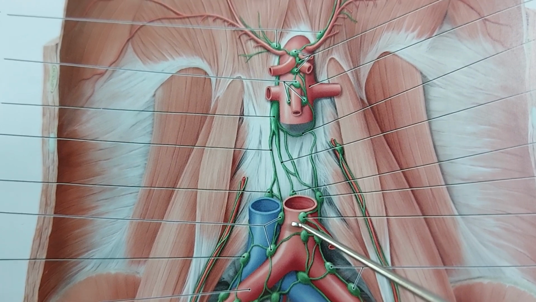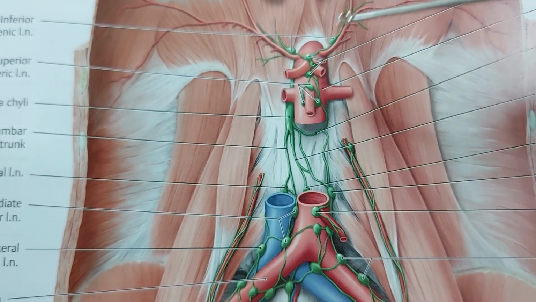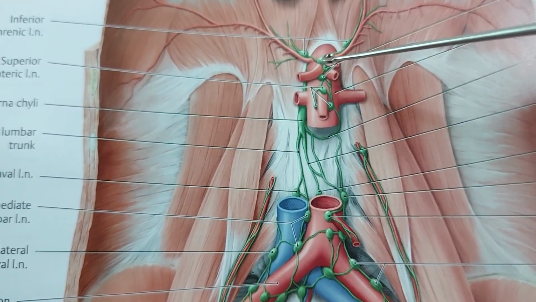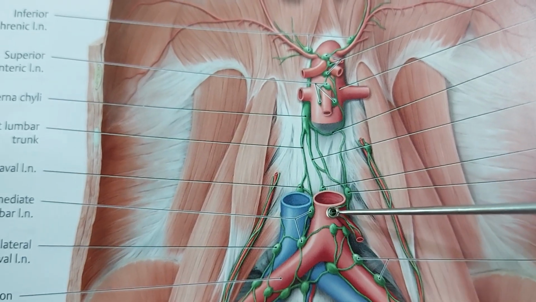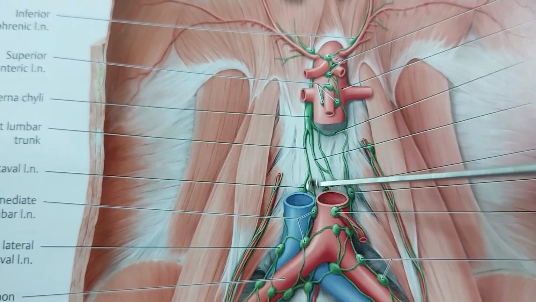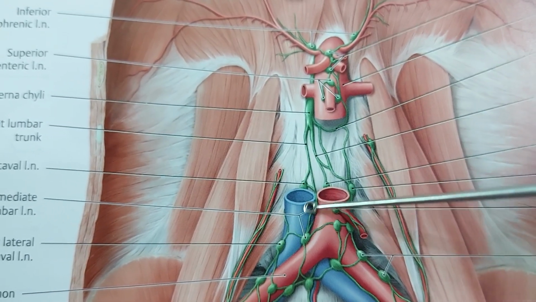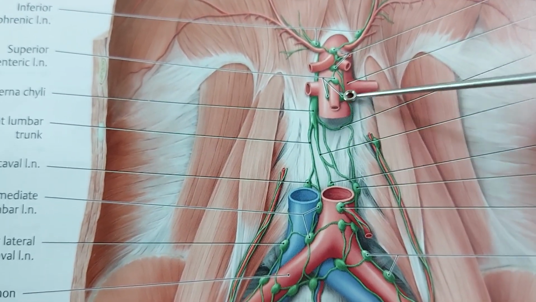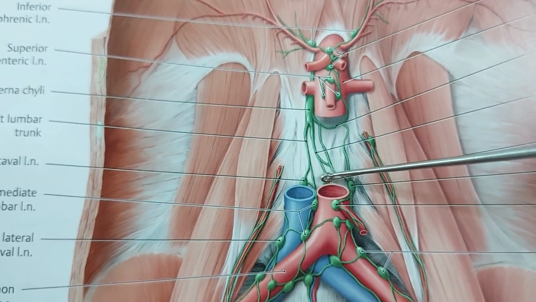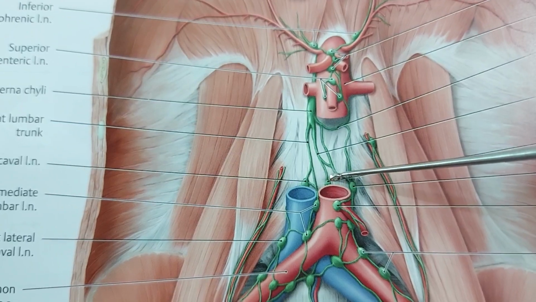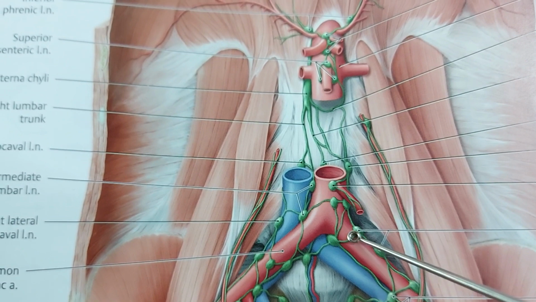mesenteric lymph nodes. And in the abdomen, the clinicians call these lymph nodes the aortic lymph nodes. These are lymph nodes in front of the aorta, so this is the pre-aortic lymph node, and these lymph nodes at the side of the aorta are known as the para-aortic lymph nodes, and some lymph nodes are behind the aorta. This is known as the retro-aortic lymph nodes. So these are the aortic lymph nodes, and here is the